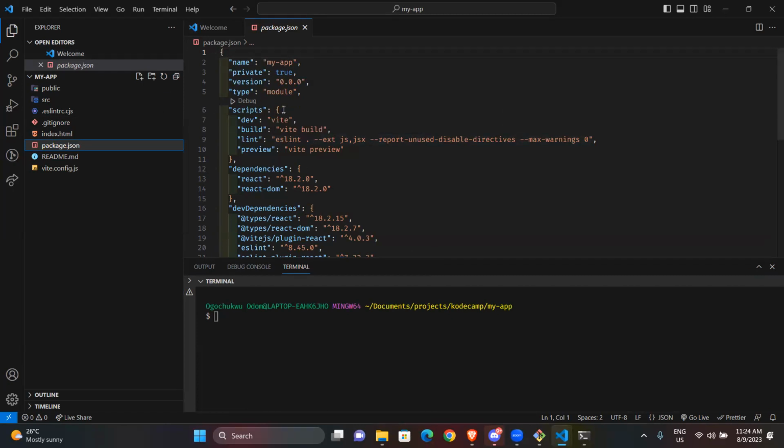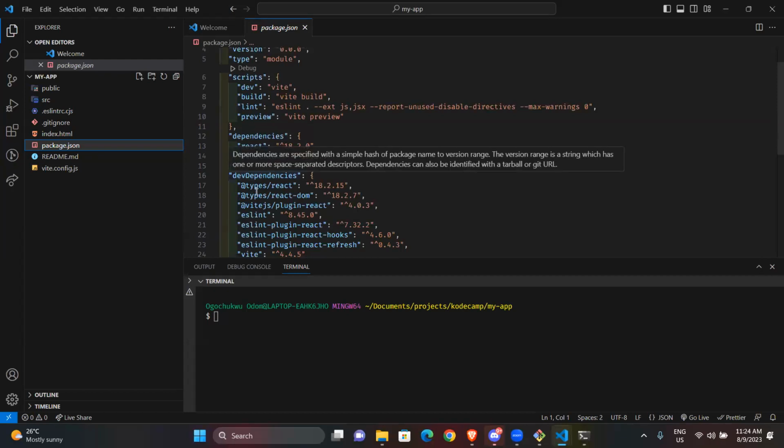Probably the way they set it up is that as you're doing the create vite at latest, it automatically creates this package.json, brings in the necessary things that you need, and then eventually you have to install them by yourself. So you have a name, you have private, you have version, you have type, and all of that. Then you have dev, build, and so on and so forth. You have the dependencies. Because we are dealing with React, React is the major thing. React DOM is also a major thing. So you also need this when you deploy this.